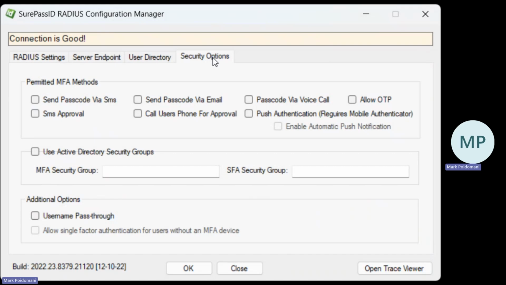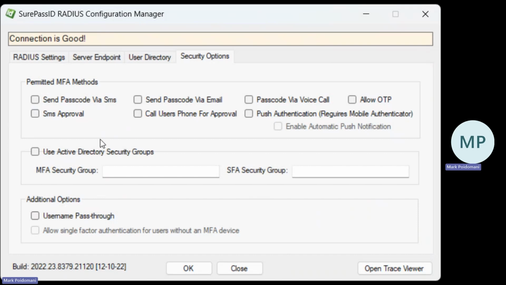We would specify all the different methods we want: OTP, passcode, push authentication, calling users. The push authentication also includes FIDO push authentication if you're looking for phishing resistant MFA in a Radius environment. You could do SMS, and you can send a passcode via SMS. So there's lots of options here depending on what you're looking to accomplish in terms of giving people different authentication